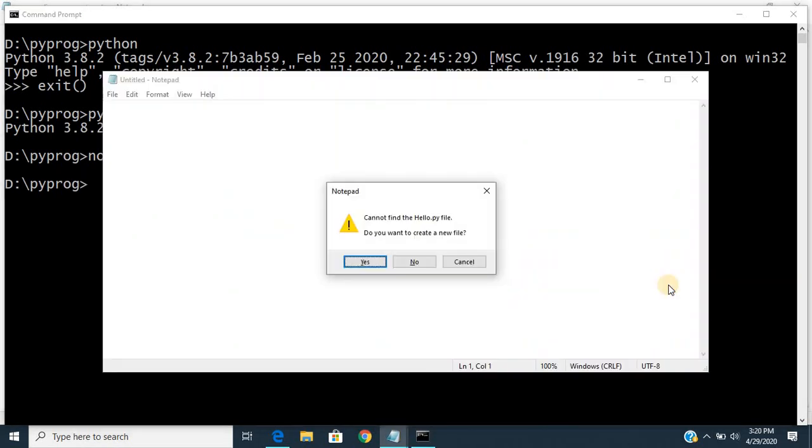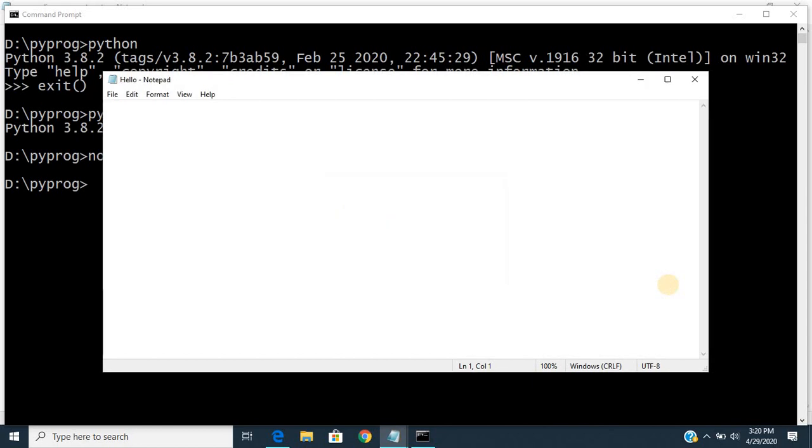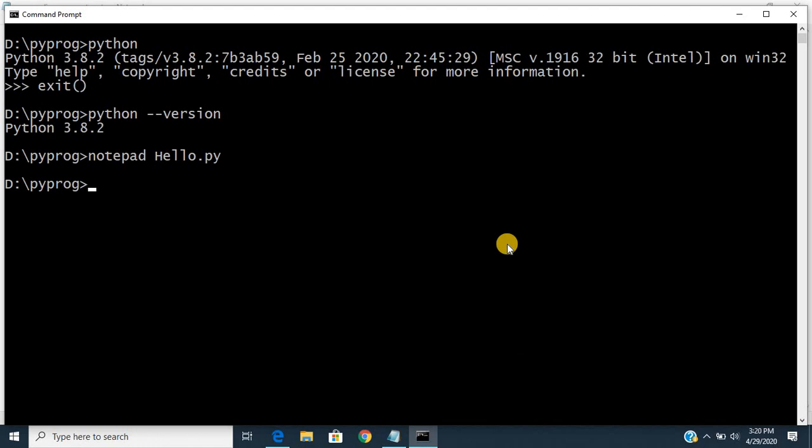Let us first create our program. Here we need to type the program. Because this program is hello, let us print hello. For displaying any message in Python, I am going to use the print command. The print method will take an argument hello, and simply save this program and close it.